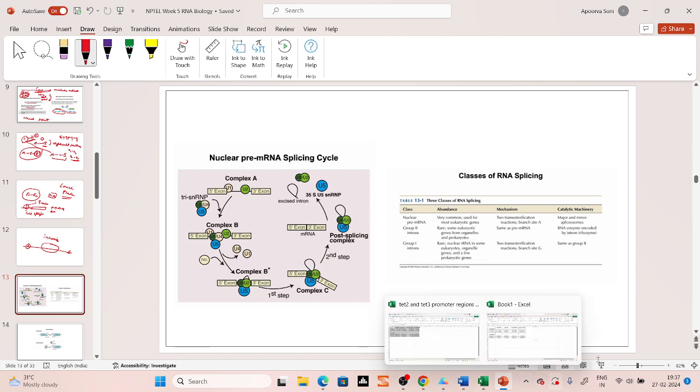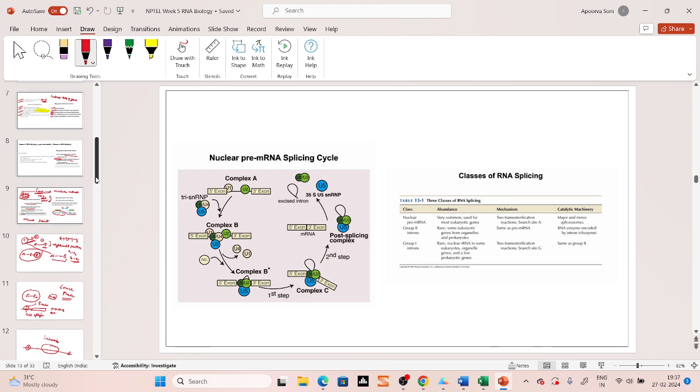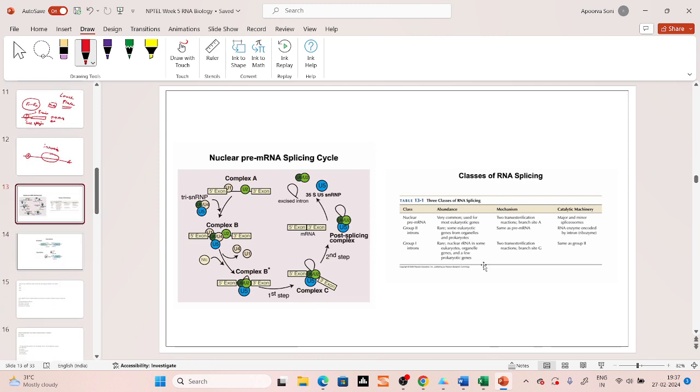Then again, this is general, we have already studied this. I'm just showing it for your revision. If you have gone through the lecture, or if you haven't, you have to go through the series. You will see that throughout, even in this week's lectures, multiple times splicing has been